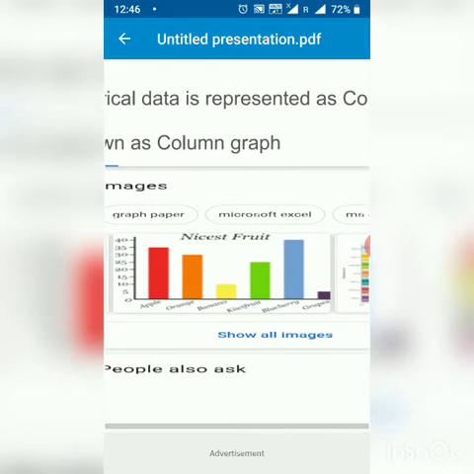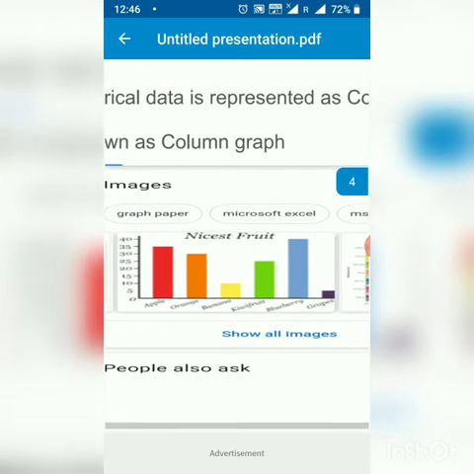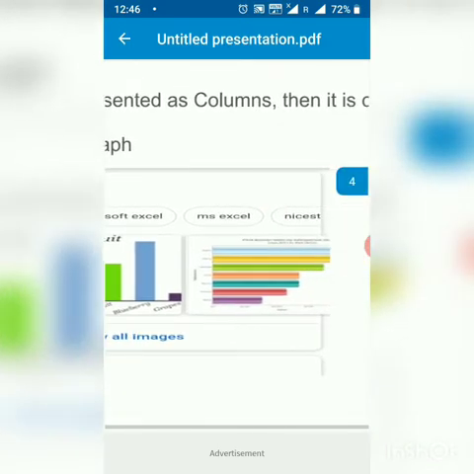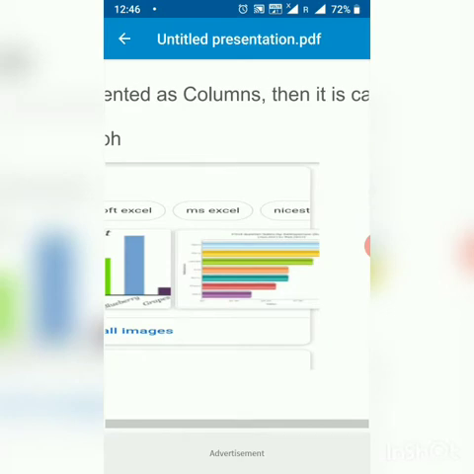If it is asked the number of people who like blueberry, how many? It is 40. We can know. And which is the least favorite fruit? It is the grape. So from this we can know different types of information. Like this, we can also represent the bar graph in the horizontal way. Okay.